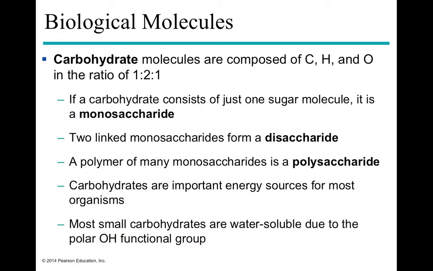All right, so let's talk about carbohydrates first. Monomers of carbohydrates are always composed of carbon, hydrogen, and oxygen at a 1 to 2 to 1 ratio. Again, a monomer of a carbohydrate is a monosaccharide, 2 together a disaccharide, 3 or more, we would go trisaccharide into polysaccharides. Carbohydrates are very important because they're a high energy source for organisms, and they're generally going to be